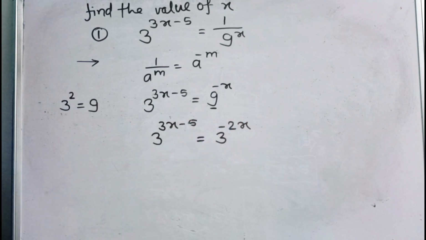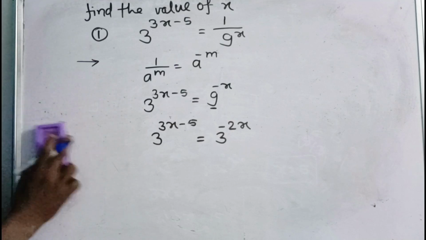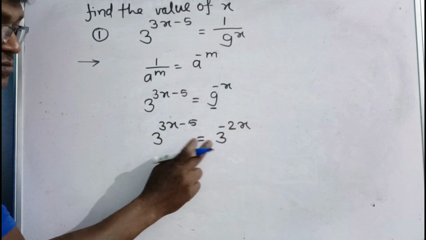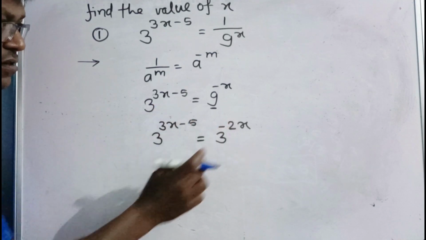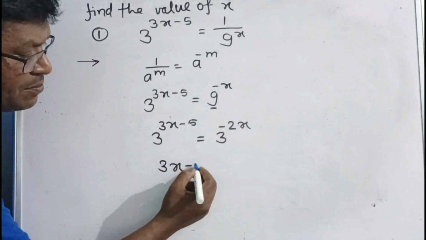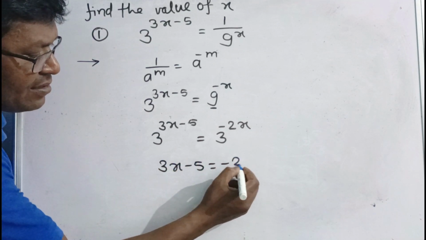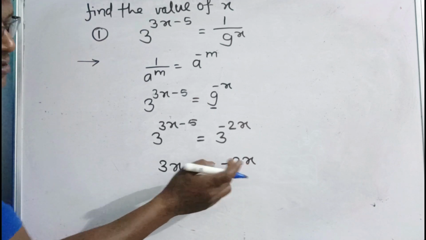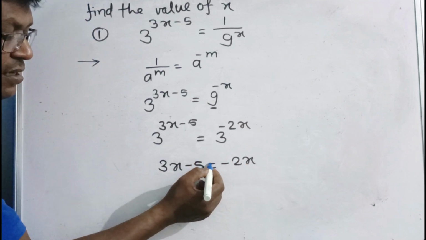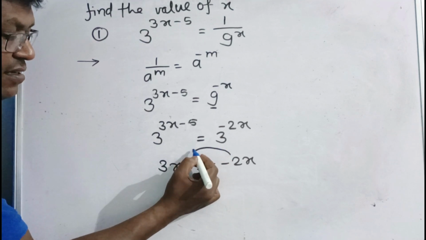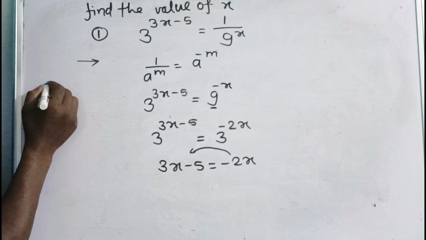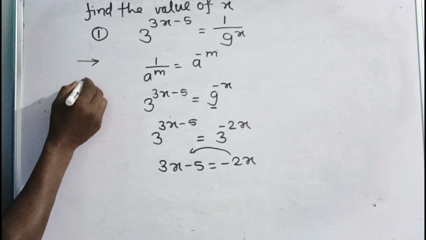Now just equate the power, क्योंकि this is indicate equal to. बेस इक्वल है तो पावर भी इक्वल है, इसीलिए 3x minus 5 is equal to minus 2x. Now इक्वल टू का साइन यहां पर है. ये अगर राइट हैंड से लेफ्ट हैंड साइड में आ रहा है देन व्हाट विल हैपन? अगर माइनस